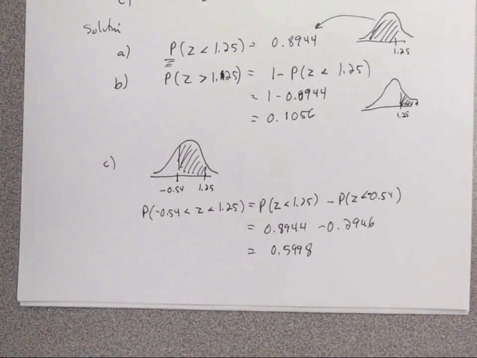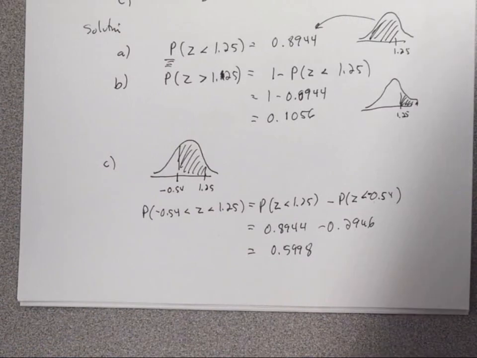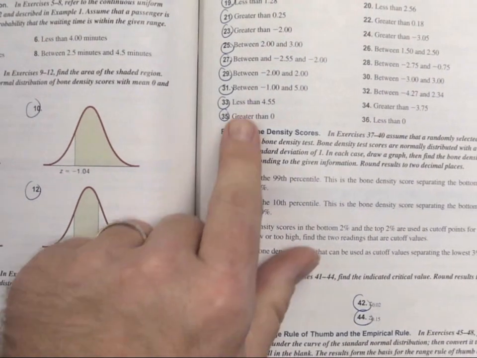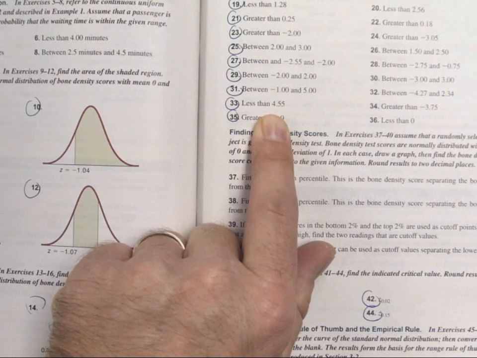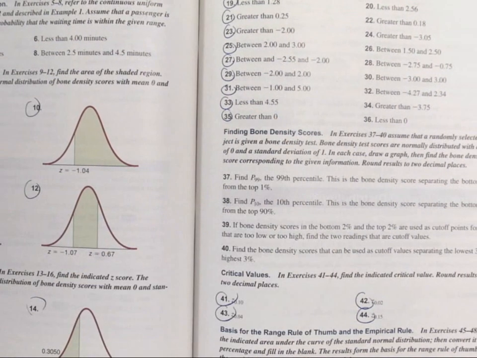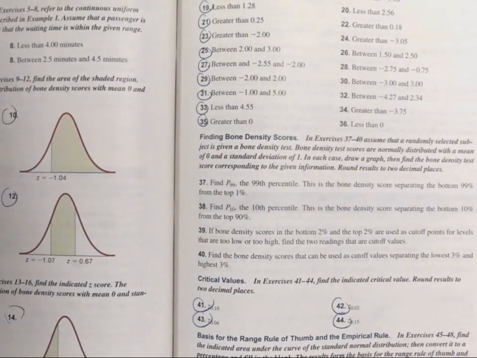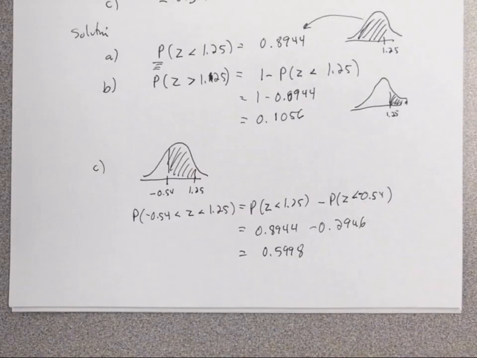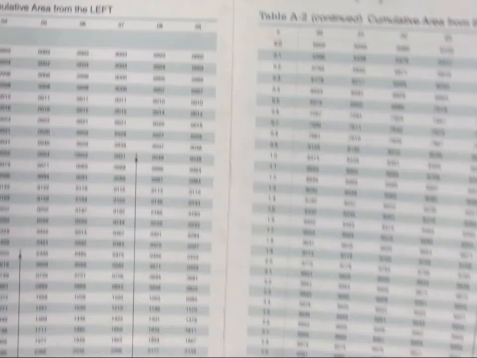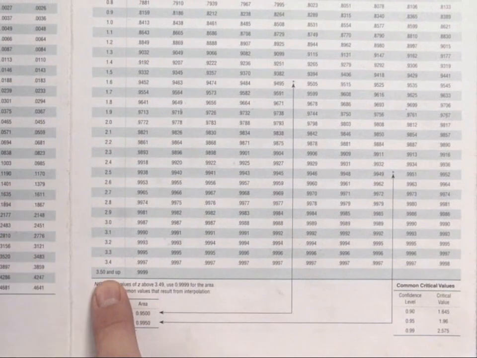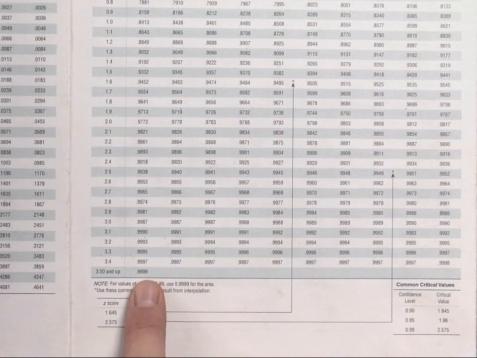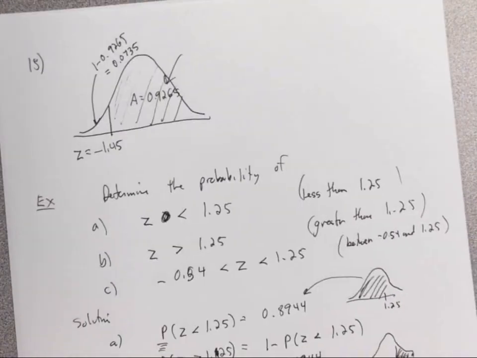What 33 is asking is it wants to know the probability of being less than 4.55. And if you go to your chart, do you see 4.55 on there? No, you don't, do you? It stops at 3.5. But it says anything above 3.5 is 0.999, okay? So that's the answer to that. So for 33,